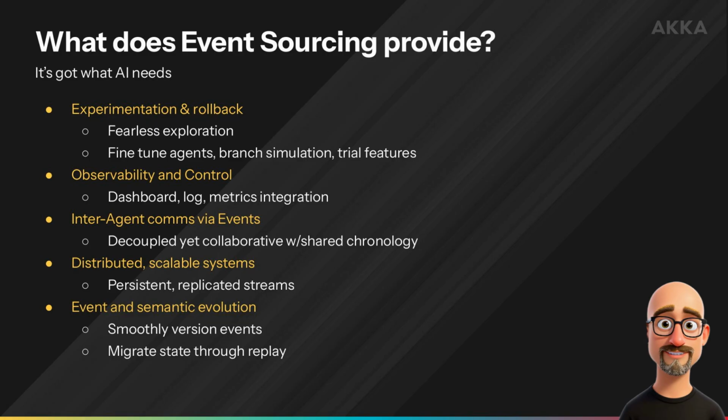By making the choice to embrace event sourcing, our agentic systems also get a ton of things included in the package. We can do fearless experimentation and run what-if scenarios, as well as use event logs to feed and inform fine-tuning and context engineering. Event sourcing means that autonomous agents can act in concert and communicate with each other through durable events. We can even deal with agent and event versioning through replay and regeneration.